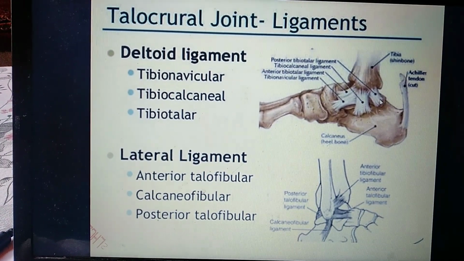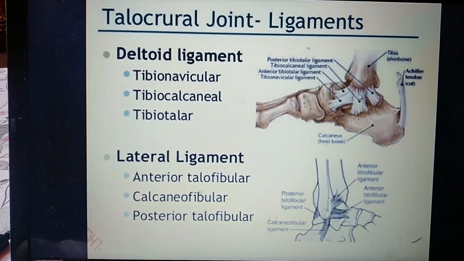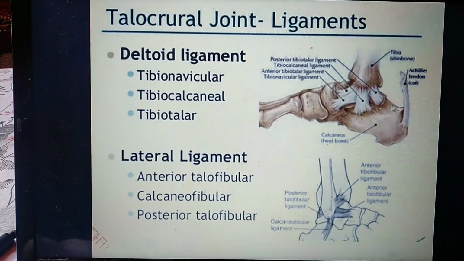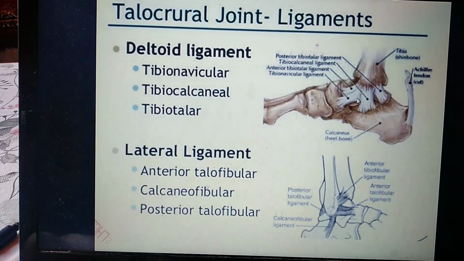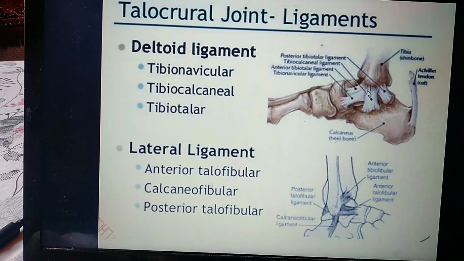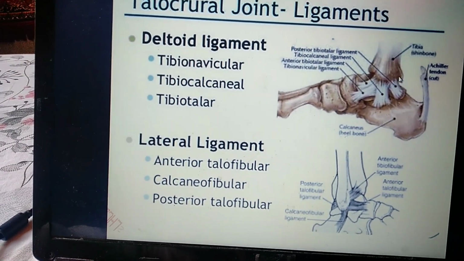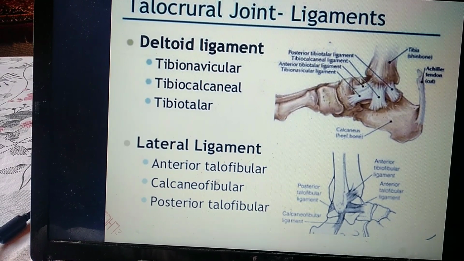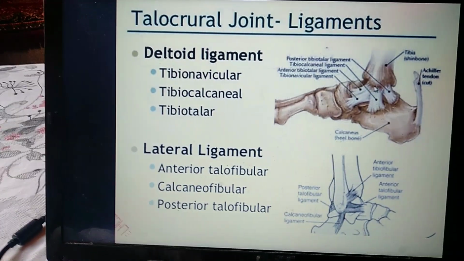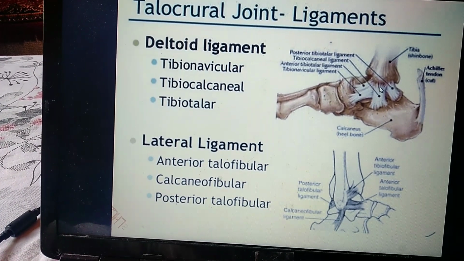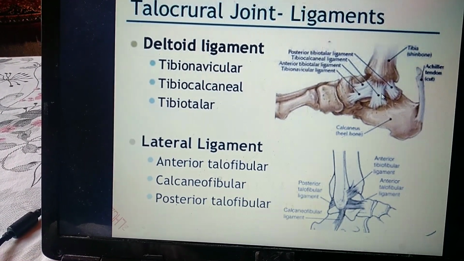If you see the Japanese fan or the Chinese fan, you will see that the upper part is splayed out, whereas the lower part is tapering and it is pinpoint. So this is a deltoid shape. This ligament is known as the deltoid ligament, and it has tibio-navicular,